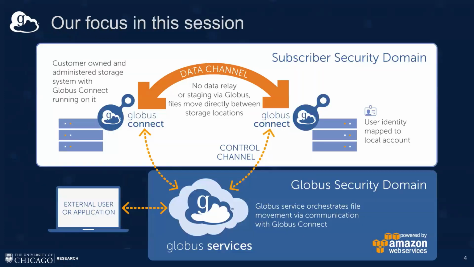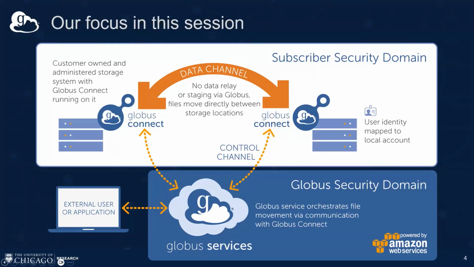So you probably have seen this picture before, right? I call it the Globus triangle. There is point A, point B. There is the Globus service that we run. The user comes into the Globus service. The Globus service is a controller or orchestrator in a sense. No data passes through the Globus service directly. All the transfers are directly from point A to point B. That's a data channel. The control channel is through us,